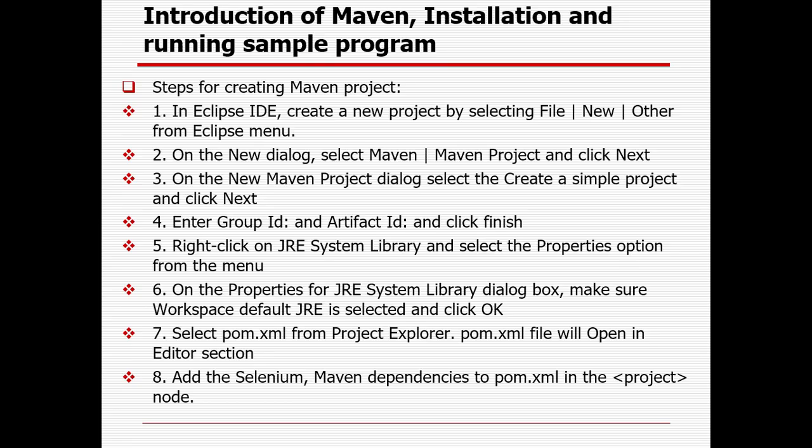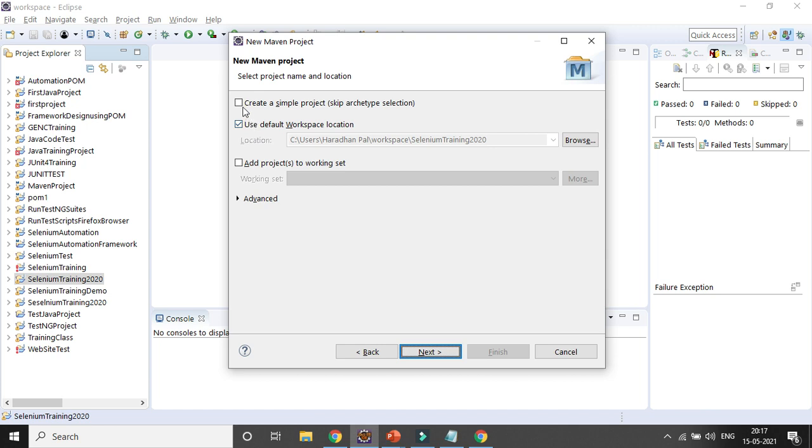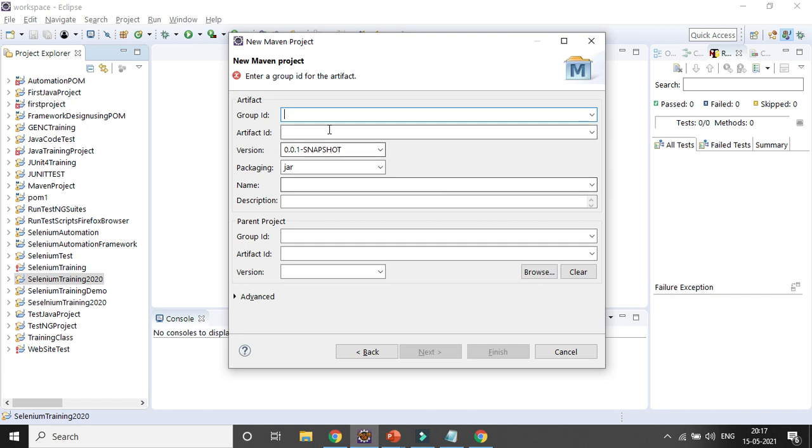Then create a simple project. Here you can check Create a simple project. By default the project location will be displayed here. Click on the Next button. Here you need to give the group ID and artifact ID.